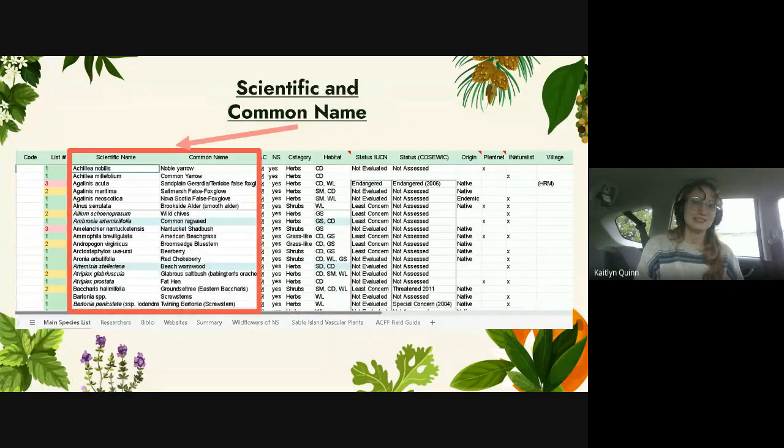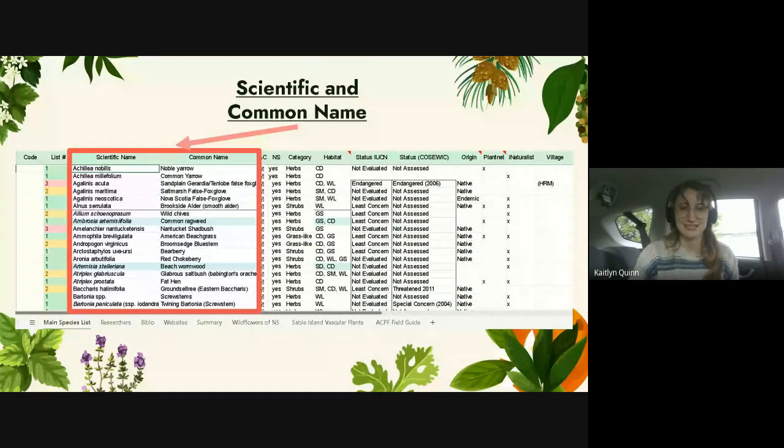Then on our left side, we have the scientific and common name. The reason why we have both is the scientific name stays the same, no changes, not very commonly at least, versus the common name. There could be a ton of different common names for the same plant, especially depending on regional variation. My best example of this is the mountain lion. Some regions like to call them cougars, and some of them call them, there's a third one I can't remember, but basically all of these different names for the same animal can make it quite confusing. So we prefer to call things by their scientific names so that we have a nice baseline of understanding